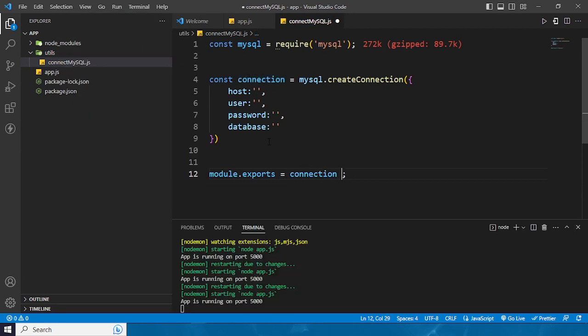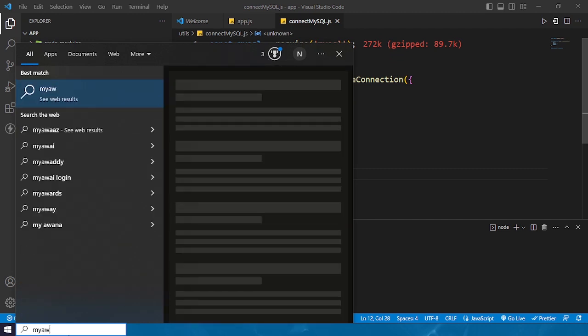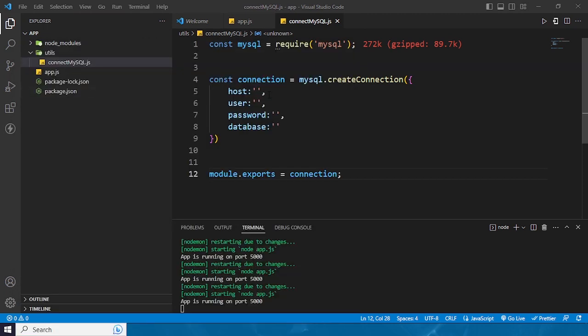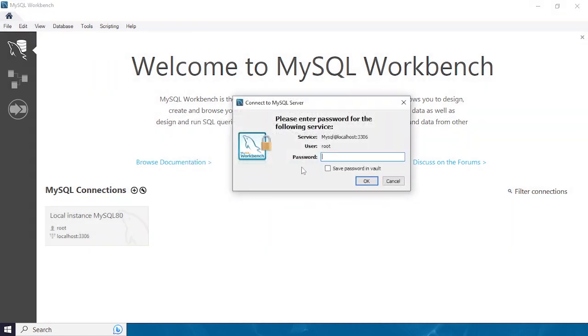Okay, great. And then now let's open our workbench. Okay, so I'll type MySQL workbench. Good. All right, so I'm using the root connection as you can see here, and then it's localhost. Okay, so let's click on it. They're asking for password. Okay, so my password I'll type in here, and this same password is what I'm going to provide